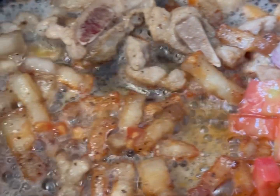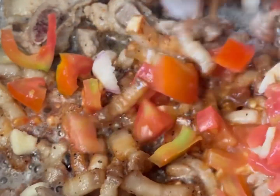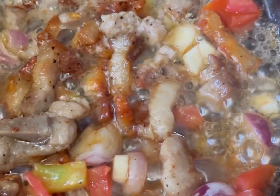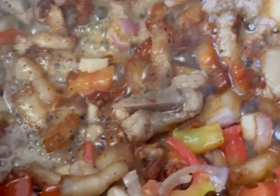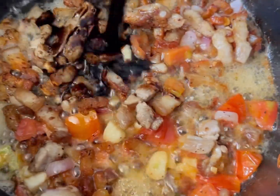Pigilan mo sarili mo, sister. Talaga ang bango-bango nito. At kahit sinong hindi mahilig kumain ng gulay, pag ito ang niluto mo, tiyak taob ang kaldero mo, te. Yan! So here guys, pag medyo luto na siya, we can add in the soy sauce or